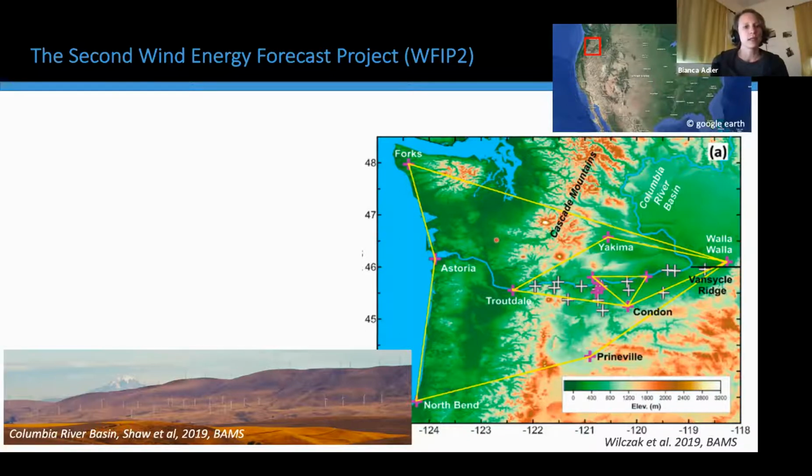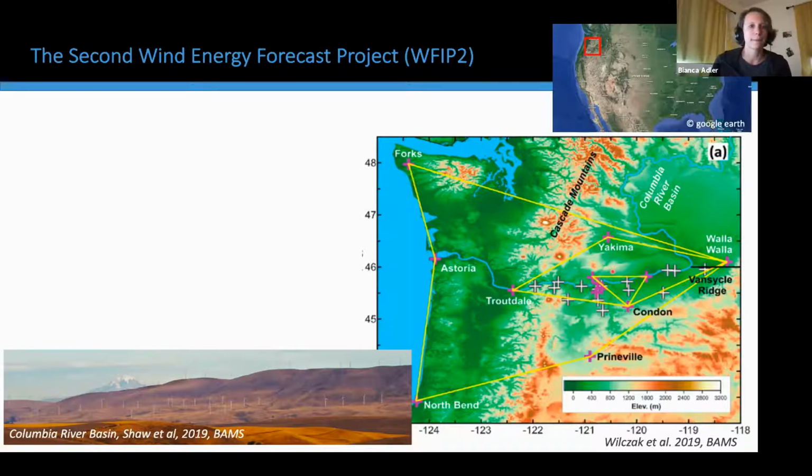The Columbia River Basin is located to the east of the Cascade Mountain Range, which is a large mountain range stretching about 1,000 kilometers in north-south direction. And the only major outflow from the Columbia River Basin to the west is through the narrow Columbia River Gorge. So the southern part of the Columbia River Basin was the study area of WFIP2, with a lot of instruments